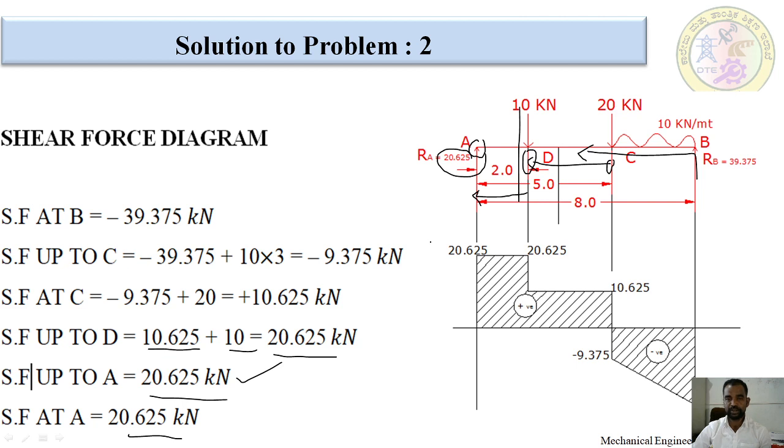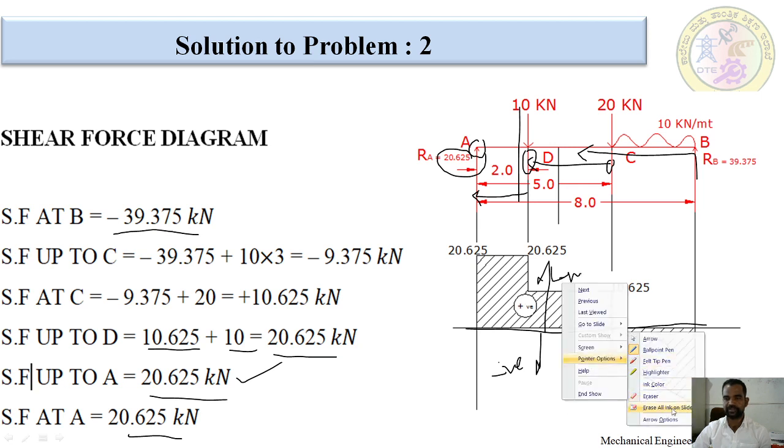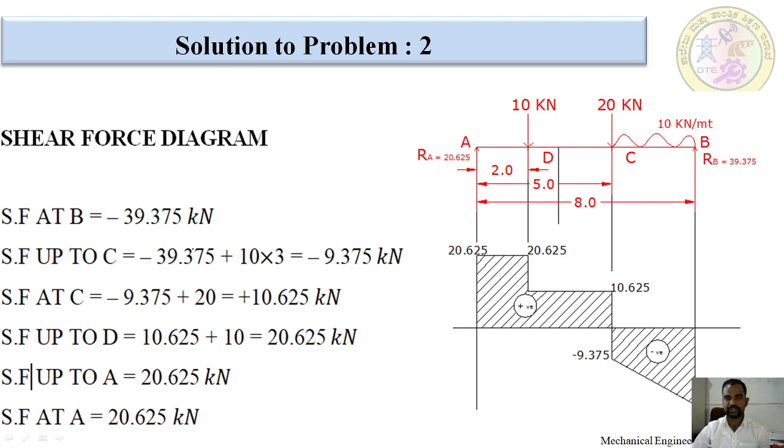Next part, I am going to draw the shear force diagram. Okay, first, this is negative. This line we call the baseline. Below this baseline we are going to have negative shear force, and above it is positive shear force. Okay, up to here we have discussed in the previous class only. Firstly, negative at the B point. This baseline is the 0 point. From here to here is negative 39.375. I am going to mark it here. This is the 0 line, this is the value we found.